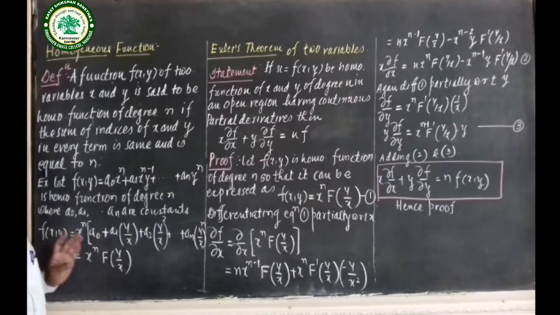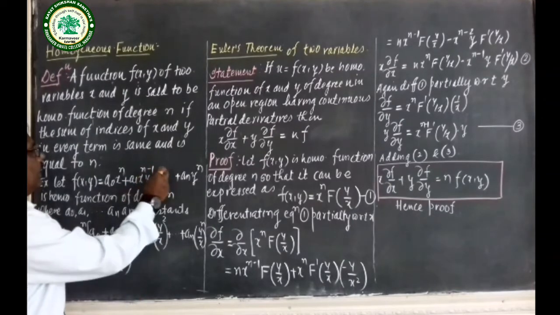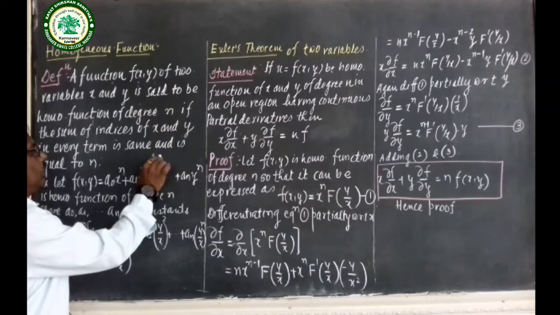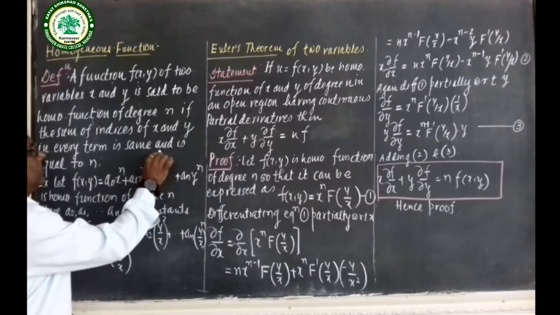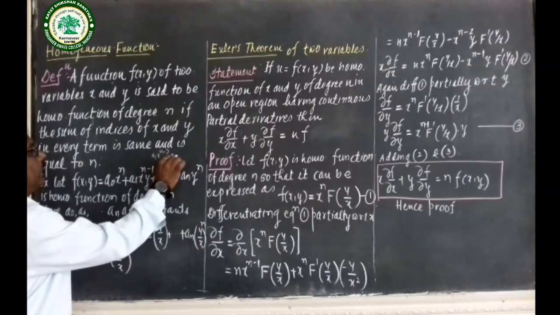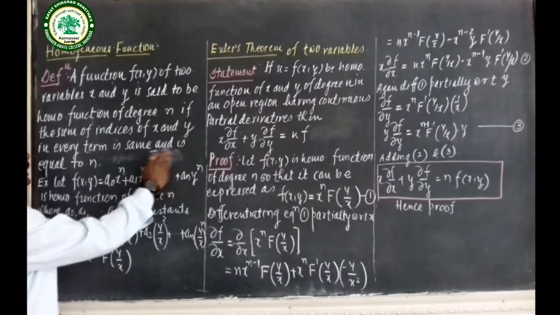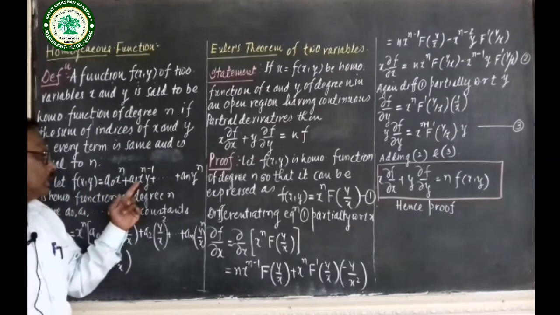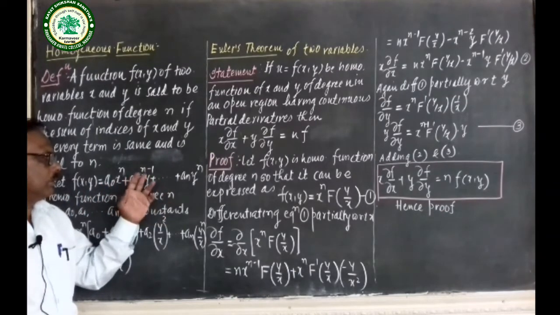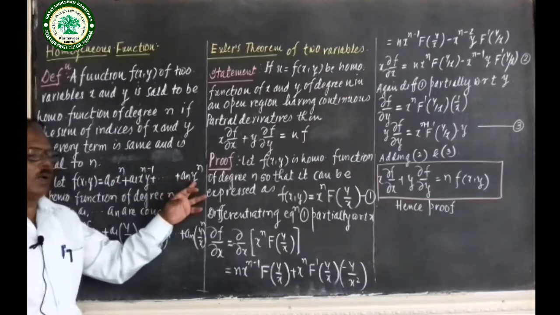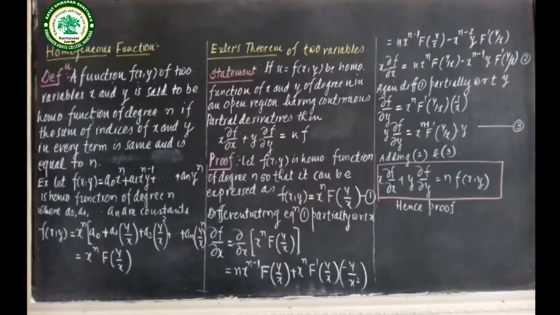For the second term, a2 x raised to n minus 2 and y square, that means n minus 2 plus 2, these two cancel, and finally it is n. Therefore, each term has the sum of all indices of each variable, and after taking the sum, it should be equal to n. The last term is an into y raised to n. That means each term having degree n makes this a homogeneous function of degree n,